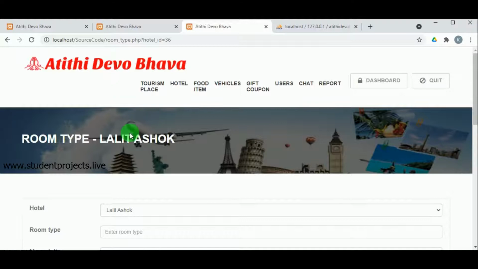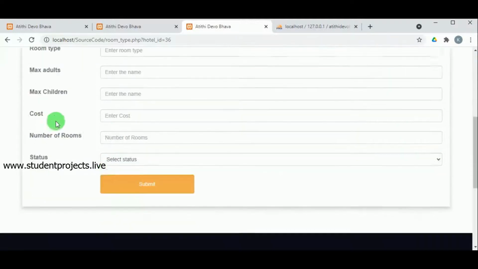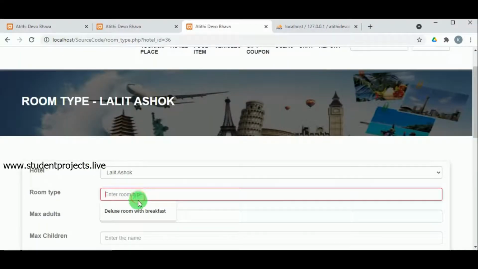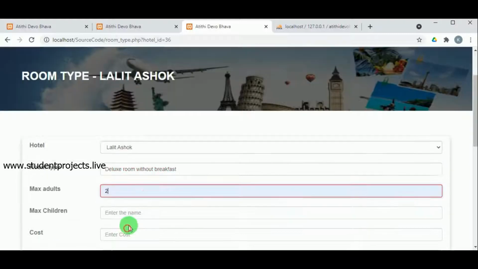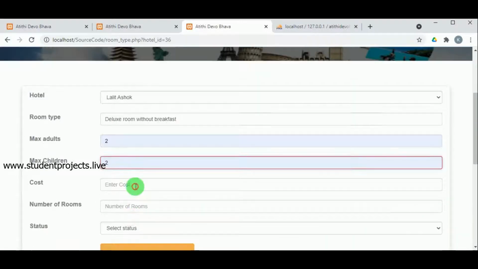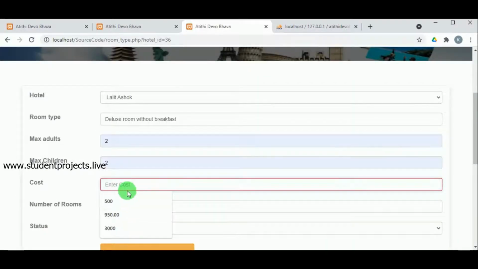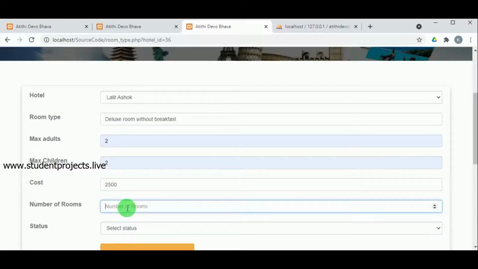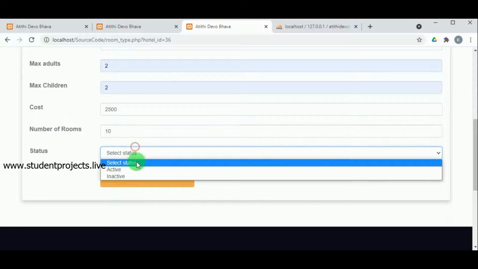So now let us add one more room type here. So let us add deluxe room without breakfast. And maximum adults, let it be 2 and maximum children 2. The cost is 2500 and number of rooms available is 10 here. So select the status as active and click on submit.